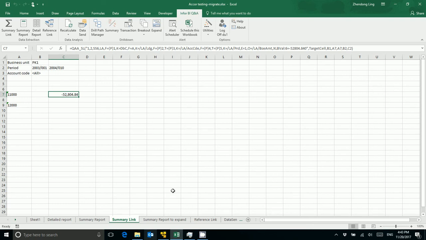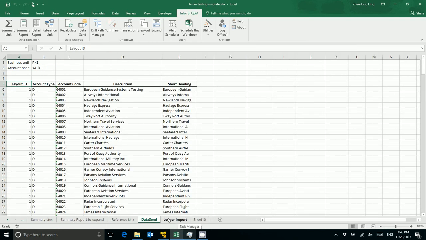So after data extraction, let's have a look at the data send. I created two data send internal definitions. One is for update chart of account, the other one is upload journals. I believe those two are very common settings when the user uses Q&A to do the data send. So if I click the data send here,